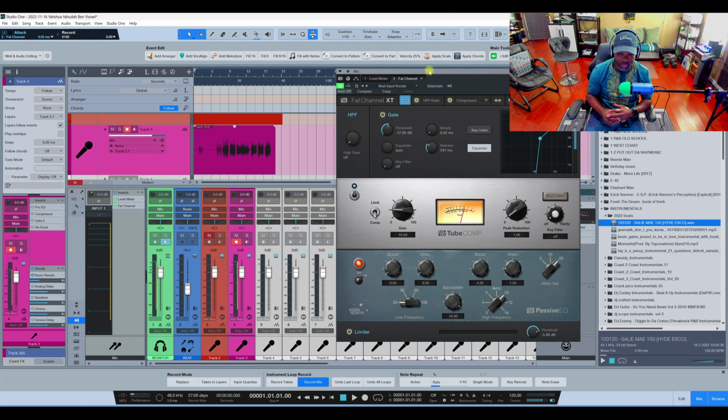But this is the thing. The compressor part, I don't put heavy compression on it. It's very light compression, to where it controls certain peaks and everything.